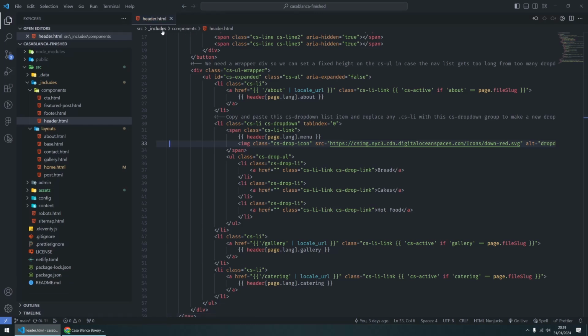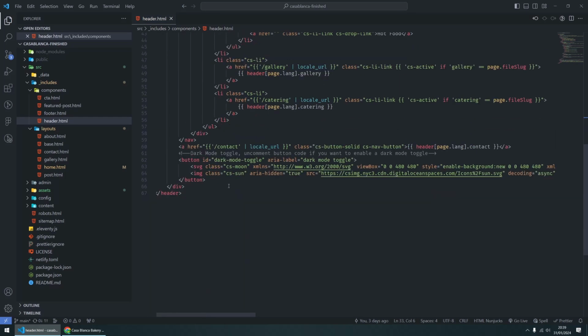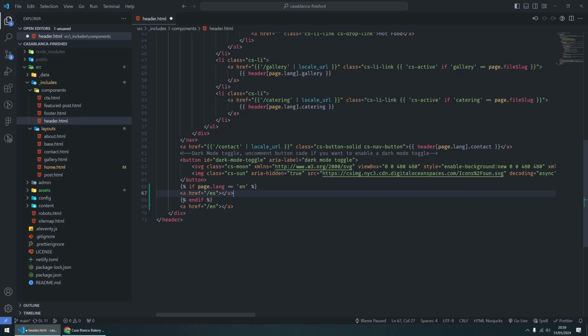So I'm going to go ahead in header.html. I think right next to here, I'm just going to have an anchor tag with a href of en, and then another one of es. And we could just set up a little Nunjucks if else statement to say that if page.lang is equal to en, we want to go to the Spanish site here, else show the English. If we just indent these,